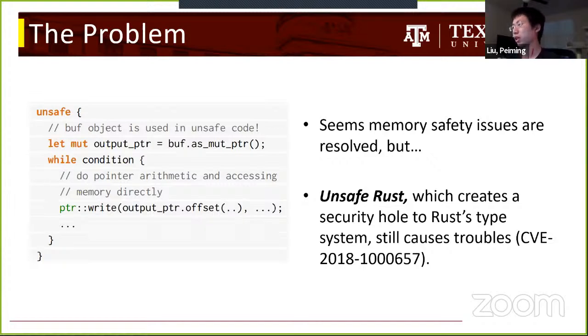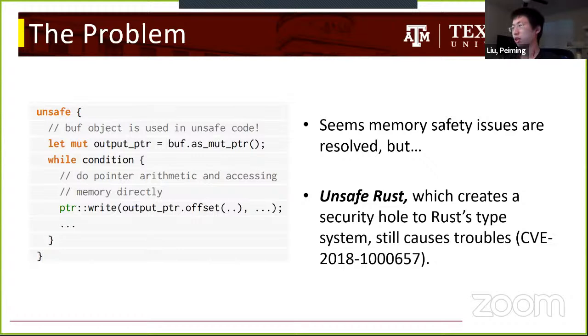But unfortunately, Rust has a dark side called unsafe Rust, which opens a security hole in the whole Rust type system. It allows bugs to escape from the static checking performed by the Rust compiler. Unsafe Rust is needed, as Rust static checking is sometimes too strict to admit even valid programs, as static analysis by nature is conservative. The example code snippet collected from the Rust base64 implementation shows real-world vulnerabilities caused